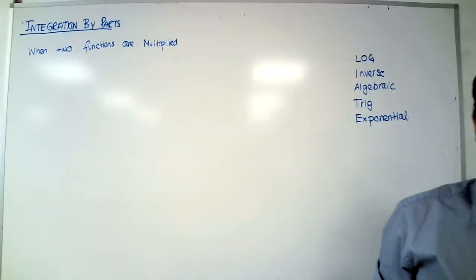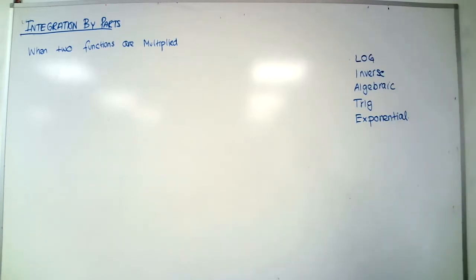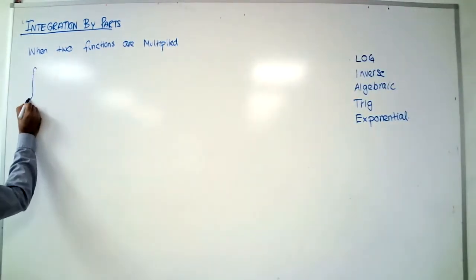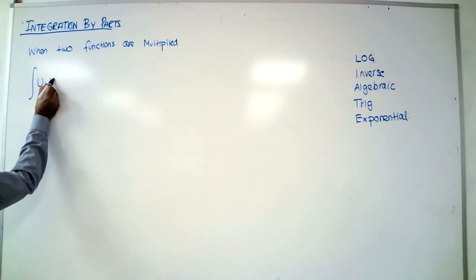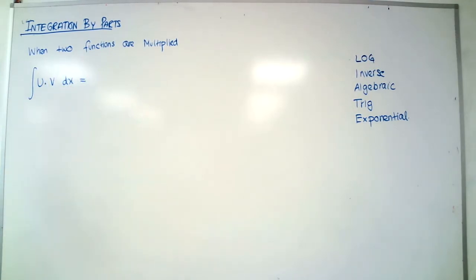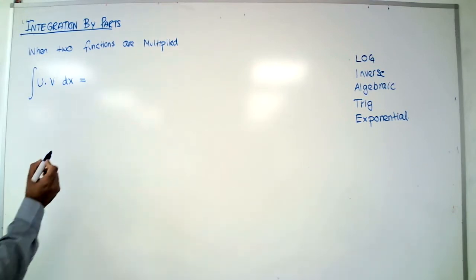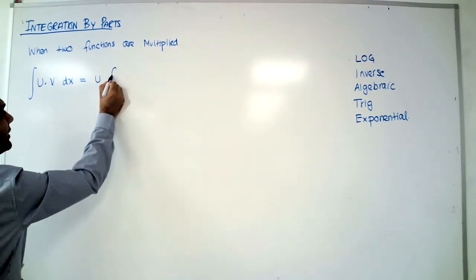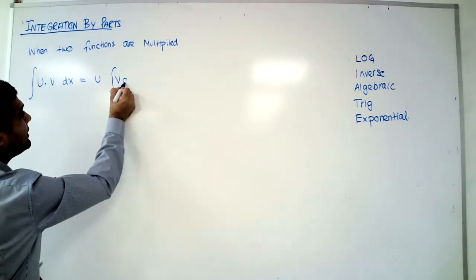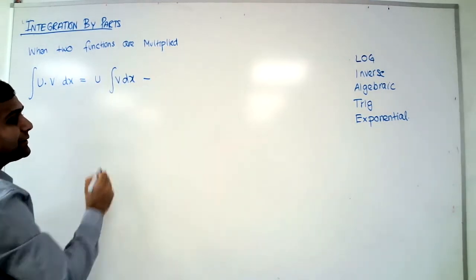Okay, integration by parts. We use integration by parts when two functions are being multiplied. For example, let's say I have the integration of u dot v dx. There is an integration law. How do we use that one? u is here, integration of v dx, minus